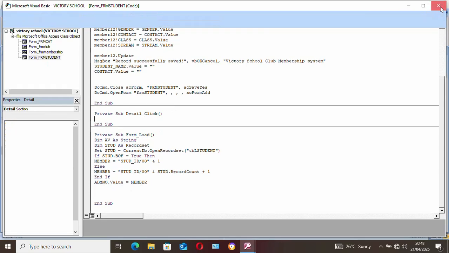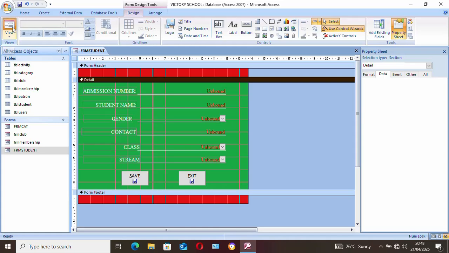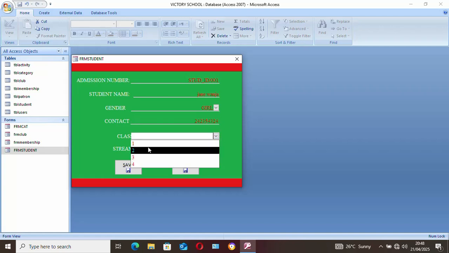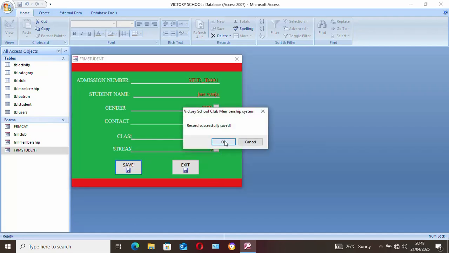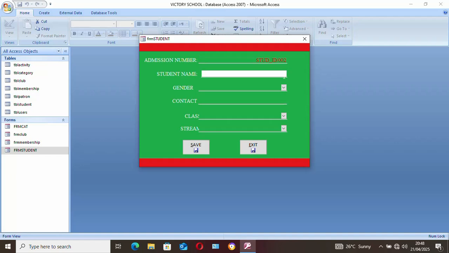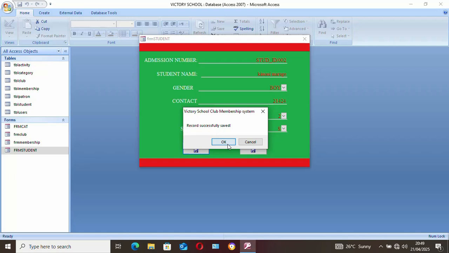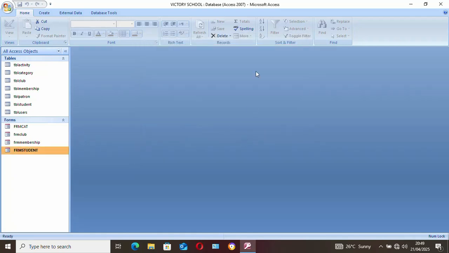creating the form student. So if you happen to run the form now, it's going to give you student number 1, and then we can give her name, you can select the gender, you can give the contact, from there you can give the class, and then you just save. So it's going to save like that. This one can be any name that you wish to use. Then of course you select the gender, give the contact, and with that you move on. You keep on saving until you have the students that you want to put,